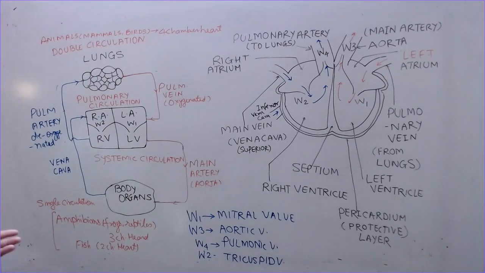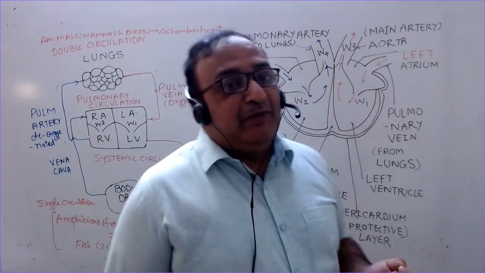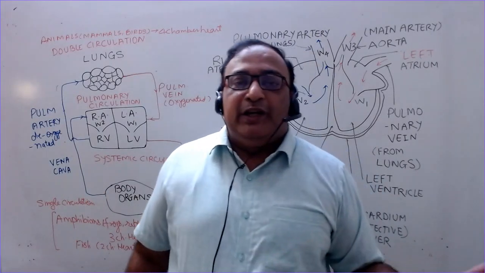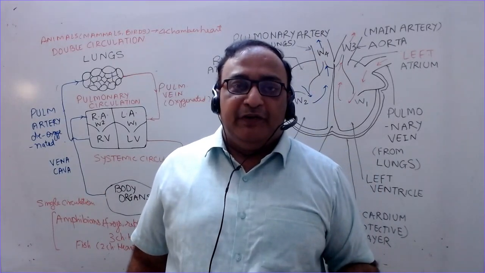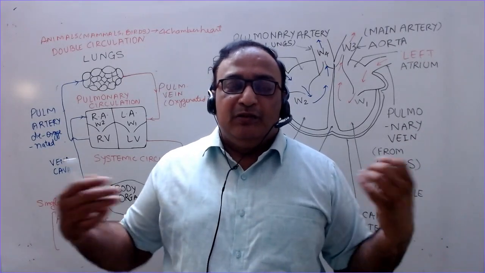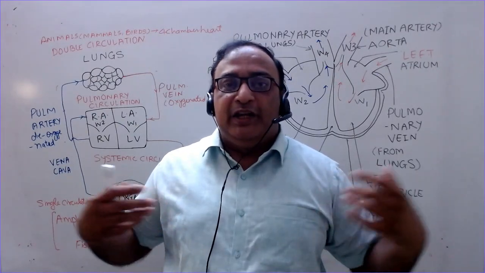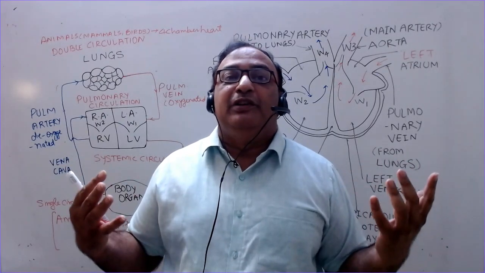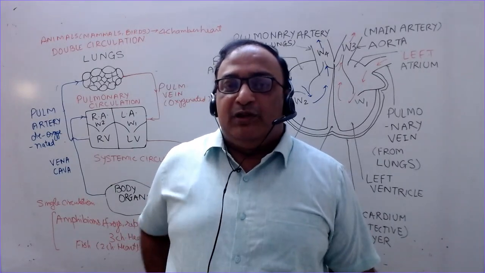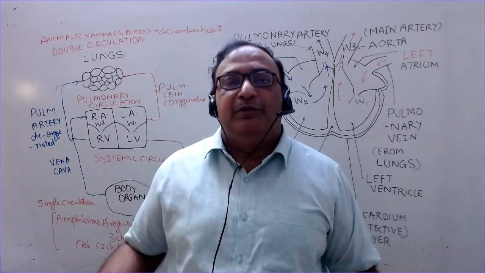Where is double circulation required? As I told you, mammals, birds, and animals like us human beings can maintain our body temperature. In winters, where the external temperature is lower and body temperature is high, we can maintain that high temperature. Otherwise, the heat will go out from our body and we will feel cold. When we are sick, we feel like this. In summers, external temperature is very high and body temperature is lower, so we can maintain that also.